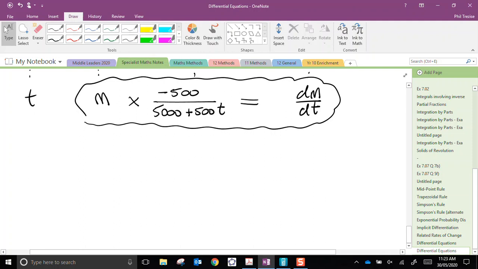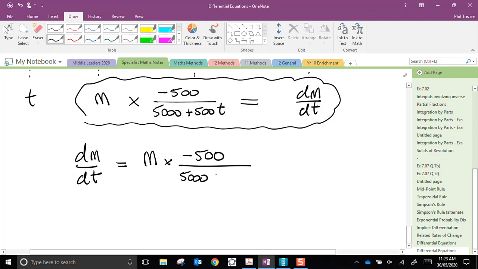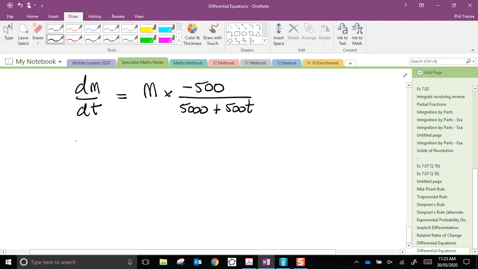Okay, well, let's see how we would go about solving this. So I have dm dt, I'll just rewrite this in the usual way, equals, well, I had mass multiplied by negative 500 over 5,000 plus 500t. Let's separate the variables. dm over m would equal negative 500 over,